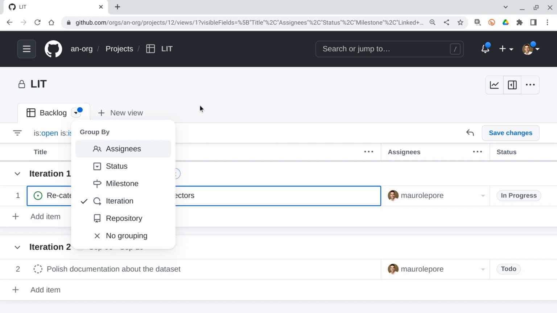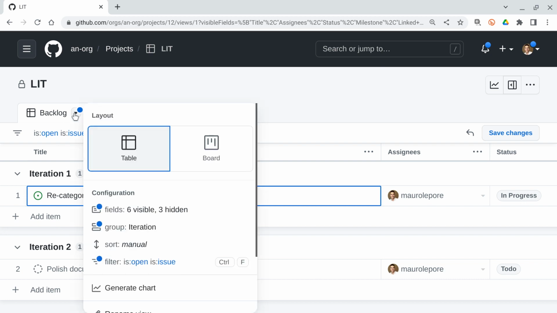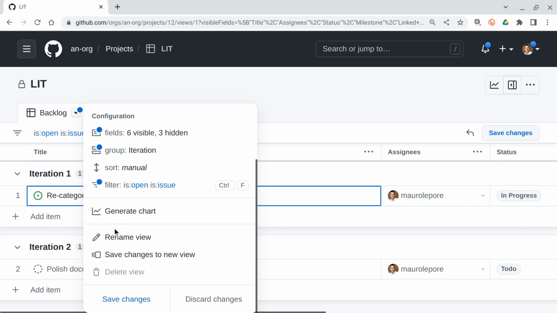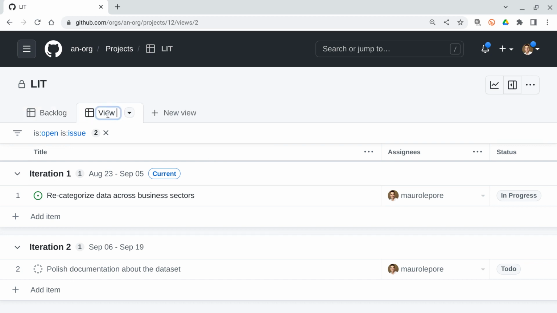And there you go. So now I have done a lot of work to get to this view. So I could save this view on top of this one and overwrite the backlog, but that would not be as great. What I would love to have is to keep the backlog what it is, a backlog, like a collection of items, and then save this view as a new view, right? So I'm going to scroll down here and go to save changes as a new view. So this new view is going to pop up here soon to the right. It has the name view 2, but I can rename it to something more meaningful, like for example, there you go, open